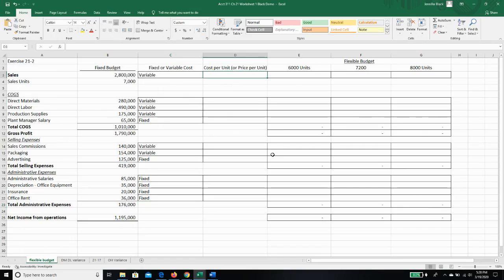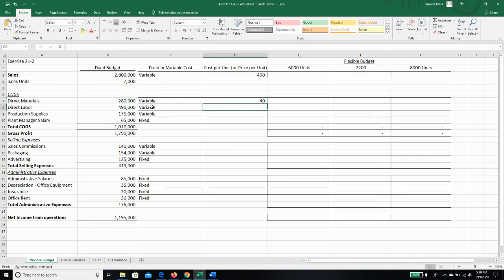All right, so next we want to figure out our cost per unit or our price per unit. So we know what our fixed budget is. So I know that when I sell 7,000 units, my sales are 2.8 million, then if I divide 2.8 million by 7,000, I know I'm selling my goods for $400 a unit. So I'm going to go ahead and do that same calculation for each of the variable line items. I don't need to do it for fixed because our fixed costs aren't going to change regardless of the level of production. So I'm going to take my 280,000 and divide it by my 7,000,